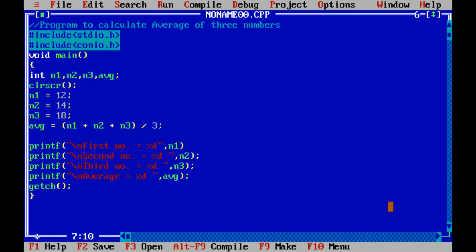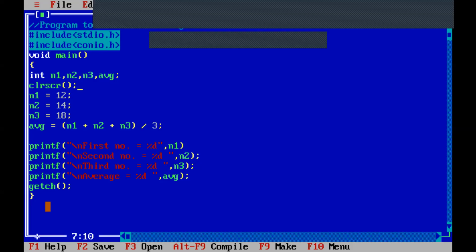Okay, so now my program is ready. This program is written in a high level language, meaning the language that we can understand if someone has learned about C programming. But this language cannot be executed by the computer. So the next thing we have to do is to compile. Compile means to convert these instructions into machine language so that the computer can execute this program.